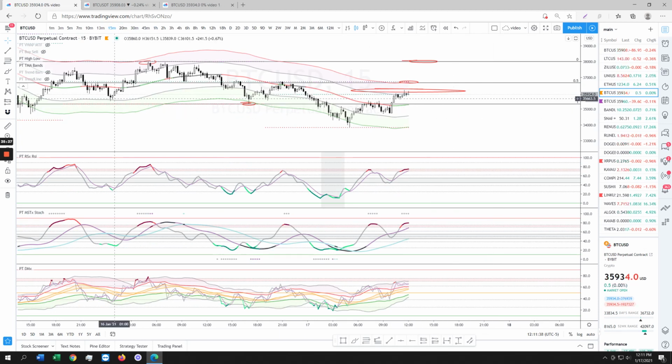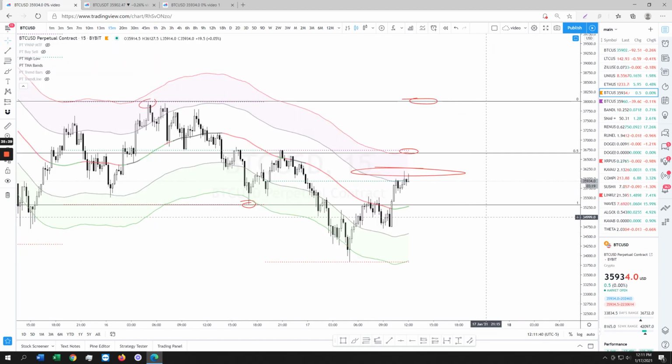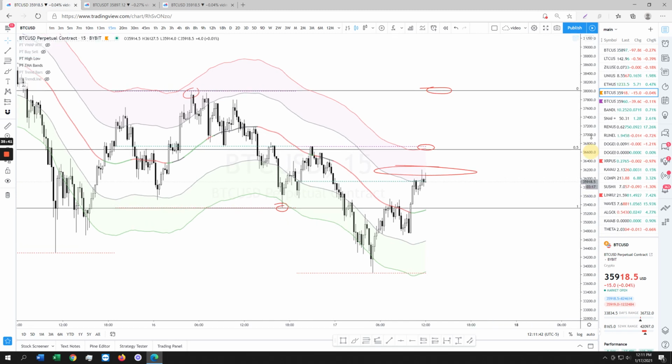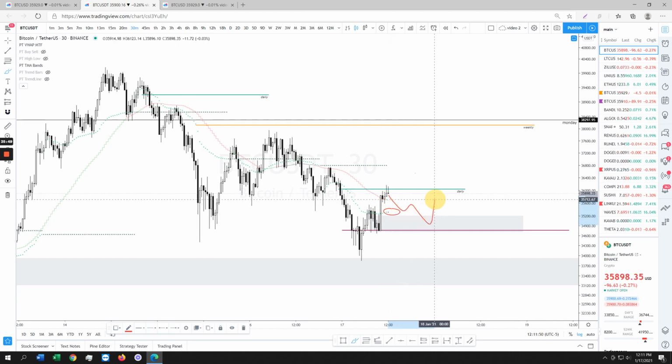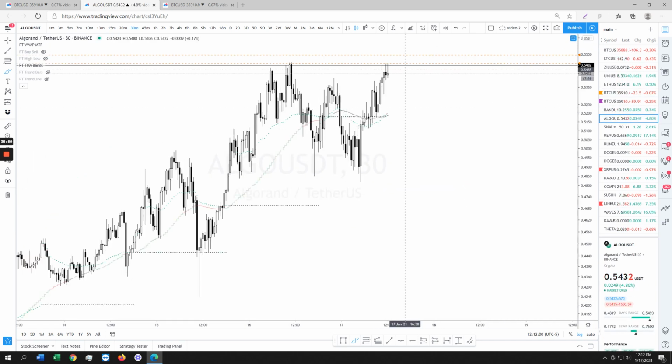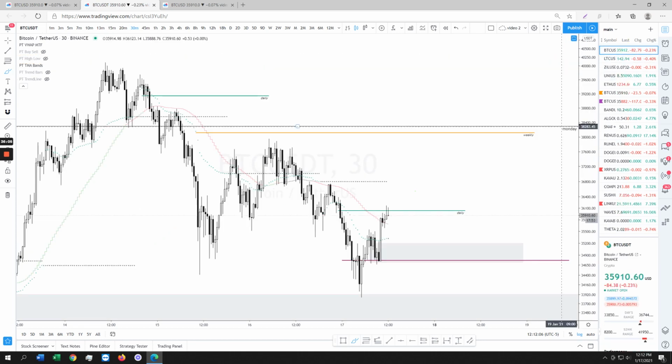Lower time frame wants to do a quick reset. So it goes back to what I told you guys. Chances are we're going to get rejected over here, as we are, and then we're going to try to retest the gray box. Hopefully that gives us support and we go back up. Otherwise we're probably looking for low time frame downside. That means Algo is about to get slapped too. That's terrible.